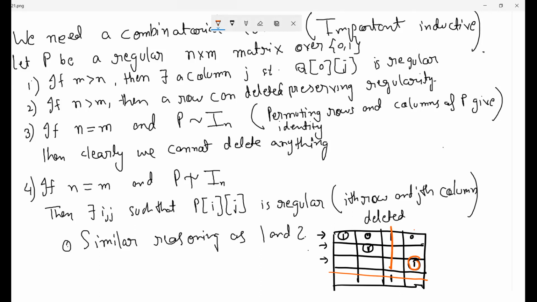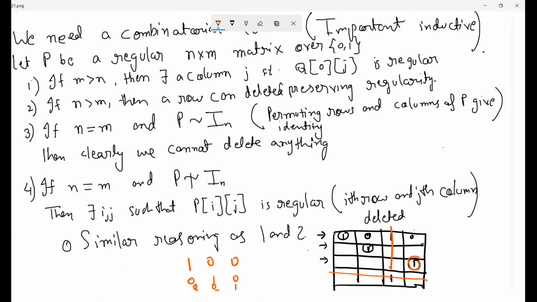Now if you look at it, it will be a 2 by 2 matrix. It will be this, this, and in fact, just the identity matrix. And it is regular, obviously, it's just identity. So the point is that not just can you remove a row and it will be regular, you can remove a column and it will be regular. But you can remove a row and you can remove a column such that it's still regular. Right? So you can do them in succession and still have a regular